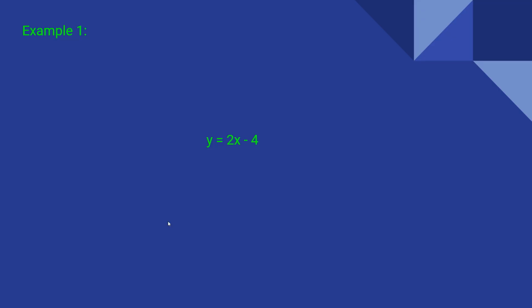Example 1. y equals 2x minus 4. When we find the x-intercept, we substitute y for 0, and then it comes to the equation 0 equals 2x minus 4, and then we solve it, and then x equals 2, and then the x-intercept is (2, 0),